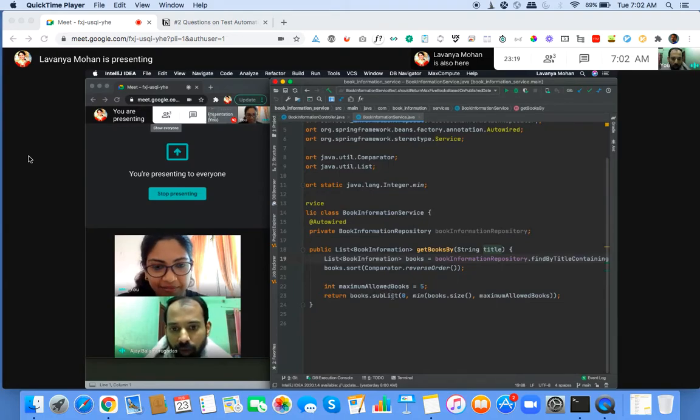Max books allowed are 5, and sublist 0, min book size, max allowed books. So this is more on the lines of maybe a loop. I don't know.